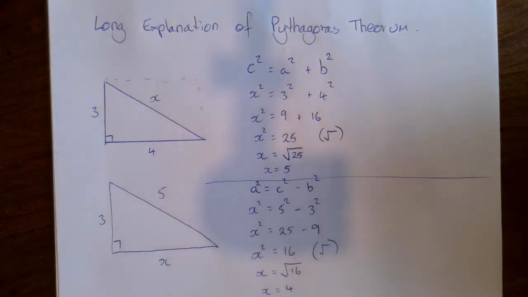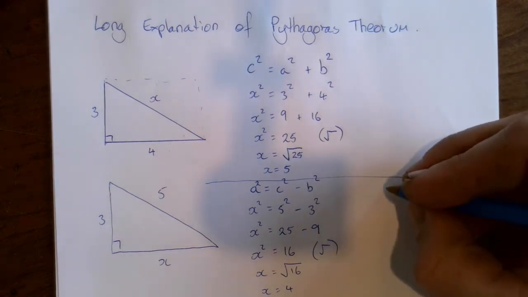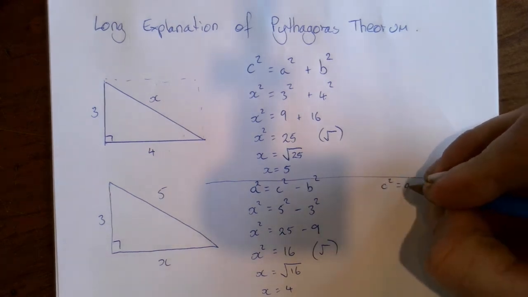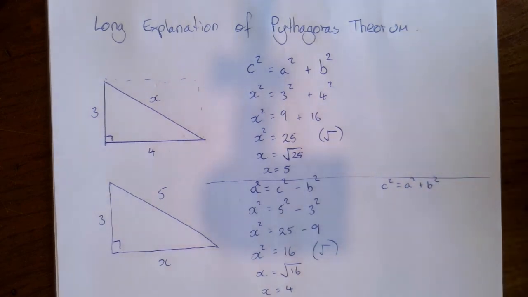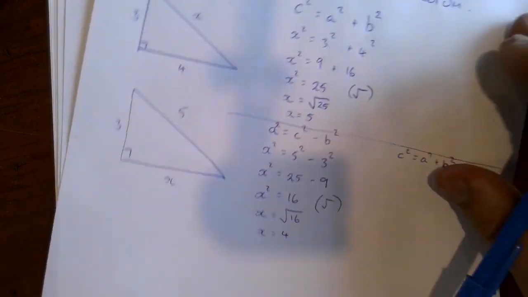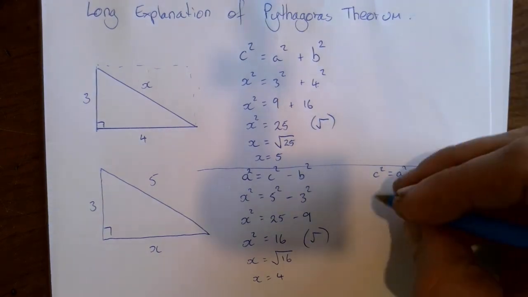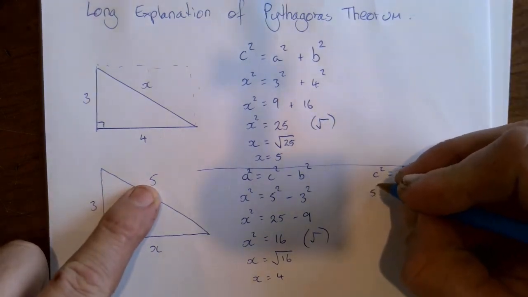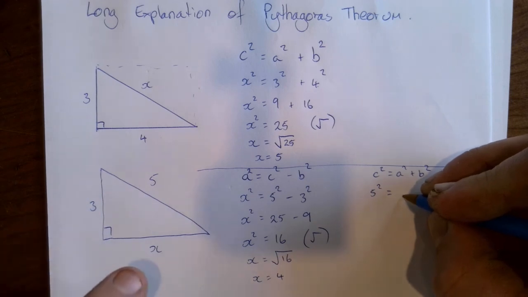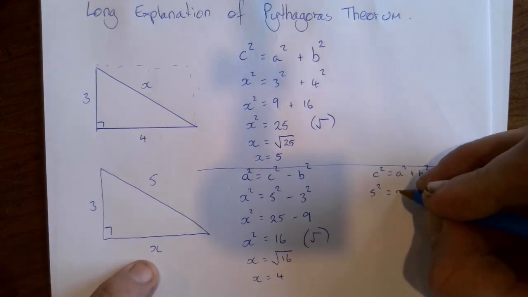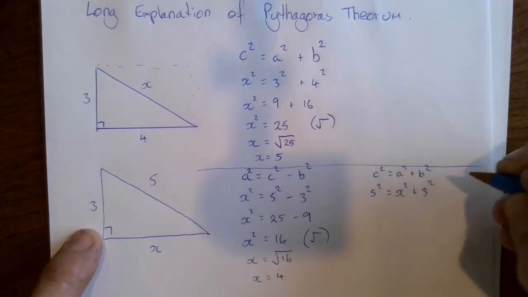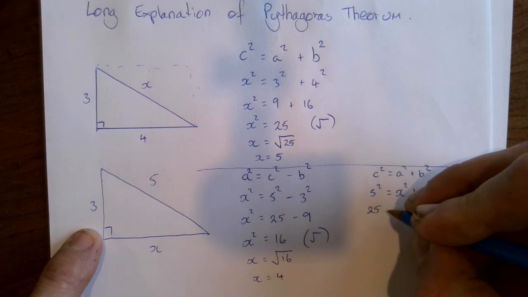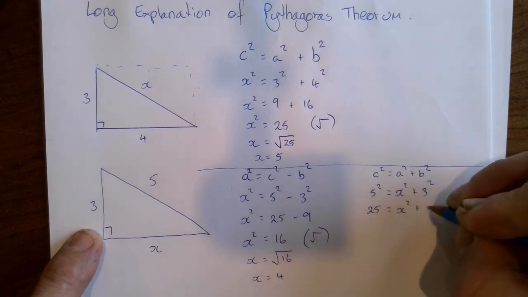The way that I used to do this was I just remembered one formula, so I always use c squared equals a squared plus b squared, and I simplified it by doing the balance method. So this is just another way of doing exactly the same question, okay? I would have substituted in the values as per usual, so I would have gone 5 squared equals, maybe make this one a squared plus 3 squared, and then I would have started to simplify, so I would have said 25 equals x squared plus 9,